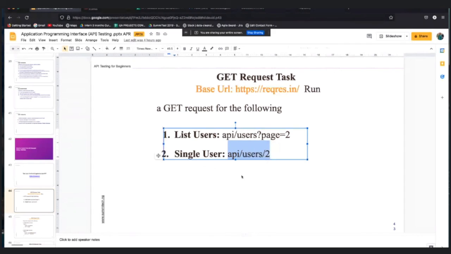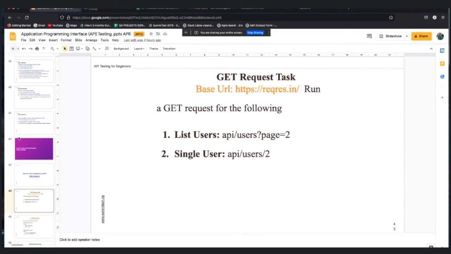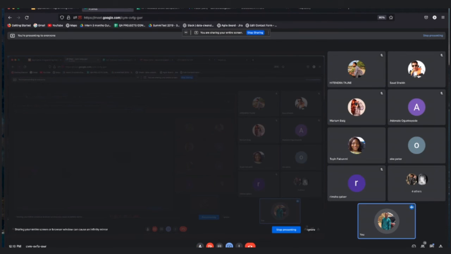I want us to execute the task now for just 10 minutes, and we'll join back. Once you are done, signify that you are done, and you can present your screen to see. So your time starts now.